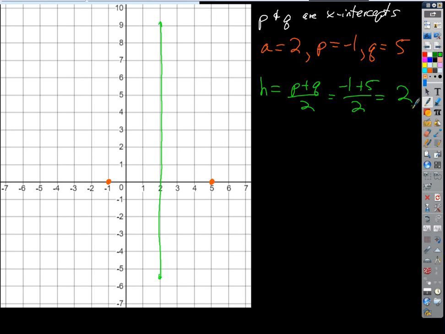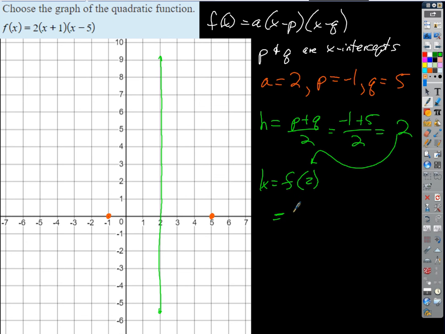How do we find k if we have h? Always? We want to find k and we have h. We want to find the y value. Plug it in. So k equals f of 2, which is equal to what? 2 times x plus